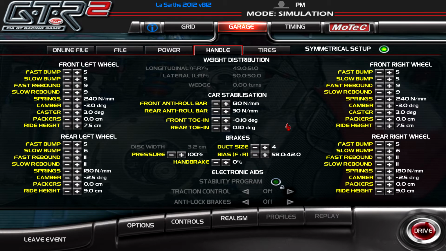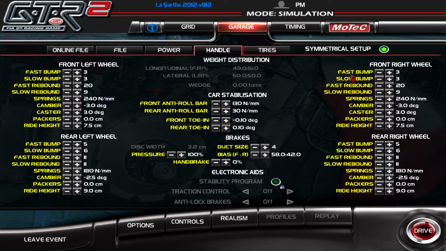And then I want to make a car that's stable on curves. So in the small bumps, I want to be sure that the car's understeering. The way I do this is using the fast rebound setting. So I want to make the fast rebound in the front to make the tires not want to come down to the track again when you hit bumps. I want to set that high. So I go to 20 on the fast rebound in front, and then I lower